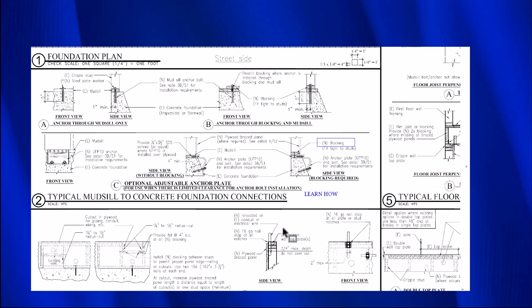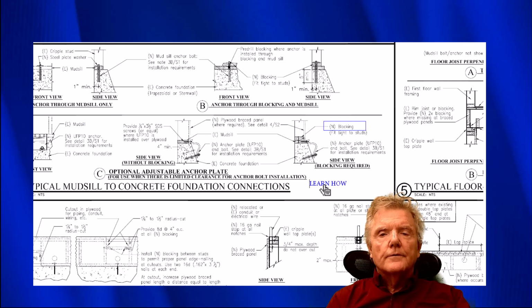So for example, we have this one right here, which is for a URFP installation. And so let's say this guy is looking at that and wondering, man, how do I install this thing? What does it look like? And all he has to do is click here, and he will go to a video that is made by Simpson Strong-Tie that shows him the limitations of the URFP. Now note, this does not actually show a contractor how to do something. It gives him general principles and lets him know the situations where he can use it, which is all valuable